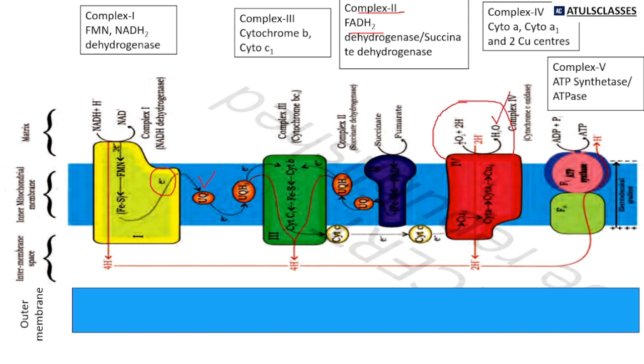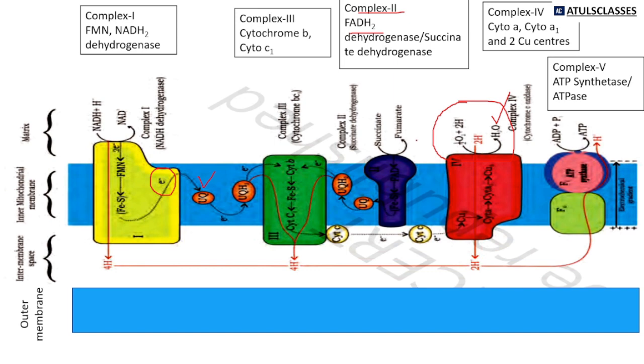So we see that respiration also gives out water due to the acceptance by oxygen. For the full process we didn't see the role of oxygen anywhere, but the role of oxygen comes at this end, where it will react with 2 hydrogen and accept electrons and convert into H2O, which means water. So these are the 4 major complexes.